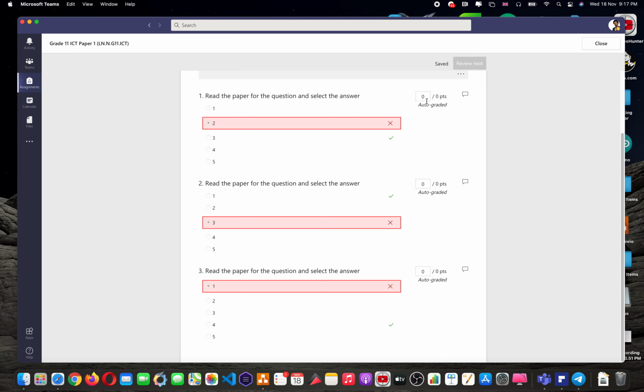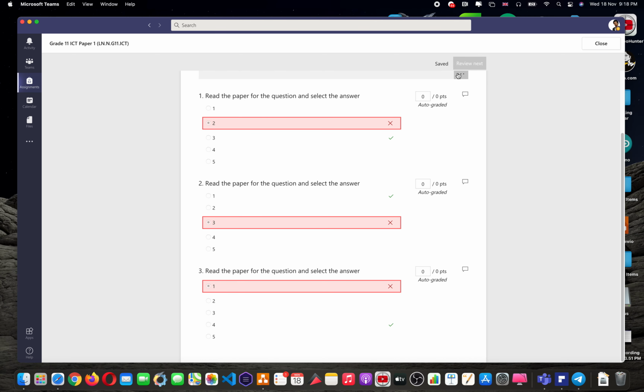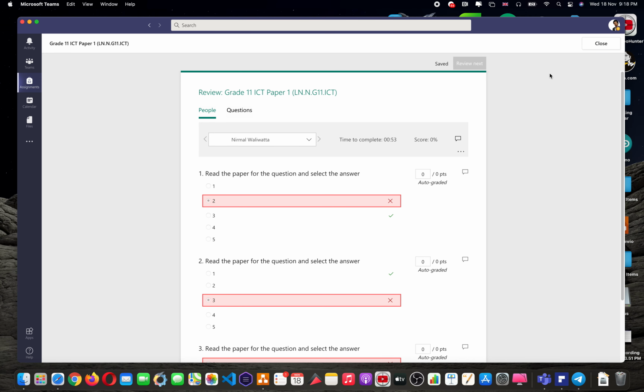So actually this student has not obtained any marks for any question. I have actually included only 3 questions here in this paper, but according to what I created previously, in that paper there will be 50 questions. Even the time taken to complete it will be mentioned here. So in that way I'll be able to see the marks of each and every student, and if I want to see which questions are wrong also, I'll be able to see from here, and the score of that particular student will be mentioned here.